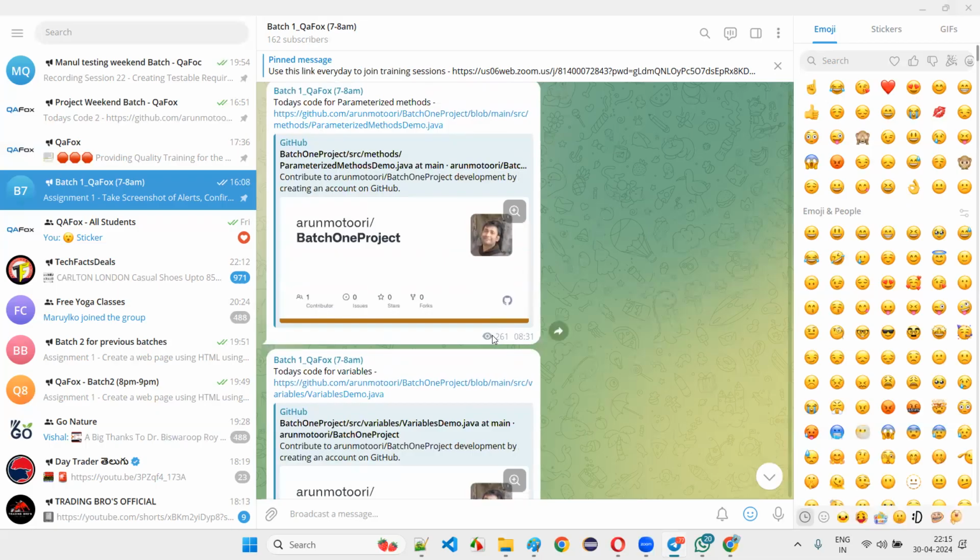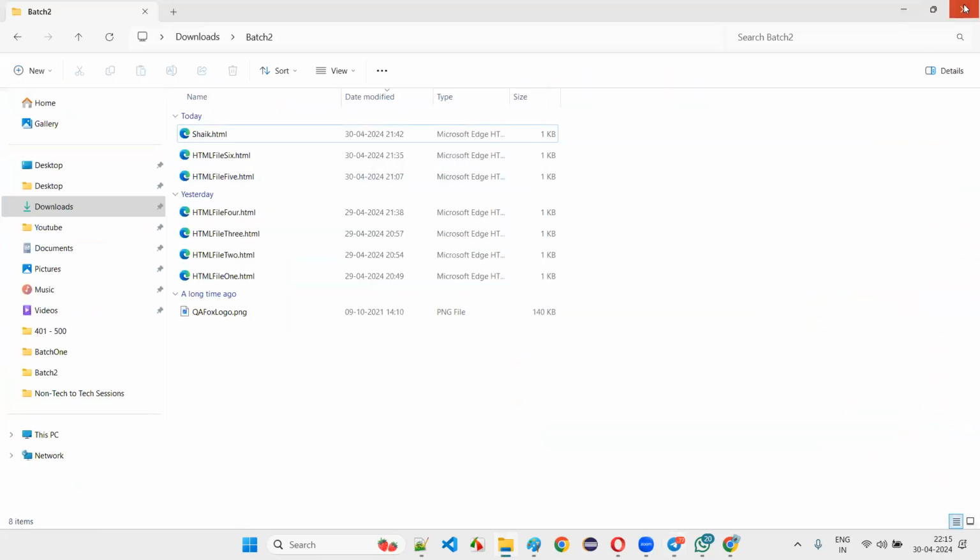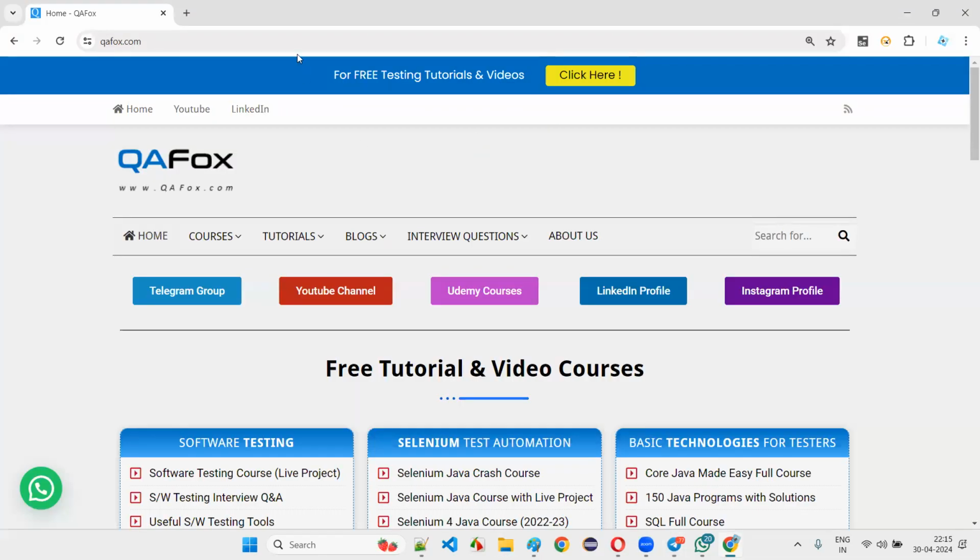Sir, are you teaching JavaScript also, along with Java, or only Java? Yes. JavaScript that is required for Selenium only I'll teach, because in Selenium we'll use JavaScript in a different way. We don't have to learn JavaScript in depth. But when we go to advanced R&D sessions after Selenium Java and APIs, we may have to explore some tools like Cypress, and then we may have to use some JavaScript. At that time, we can think about that. For now, let's not worry about JavaScript in depth. How much JavaScript is required for Selenium will be covered during the Selenium sessions.